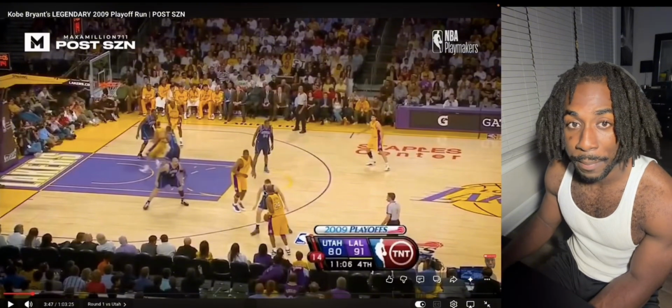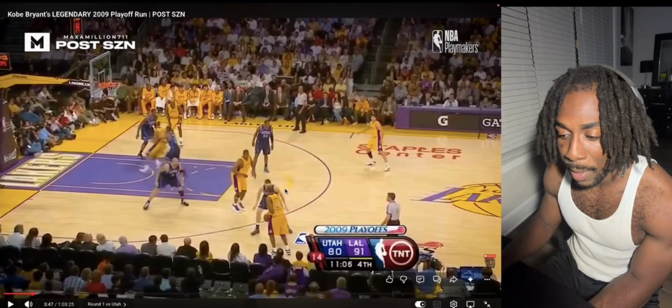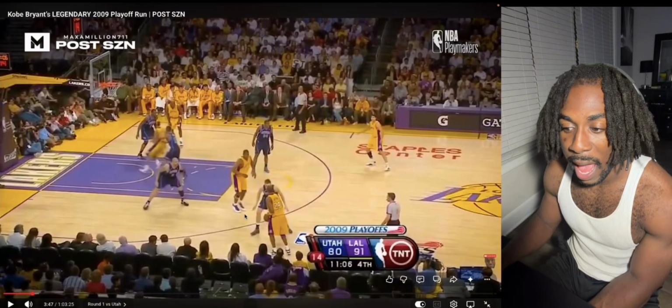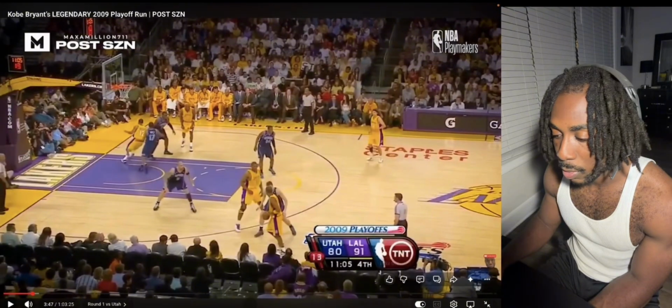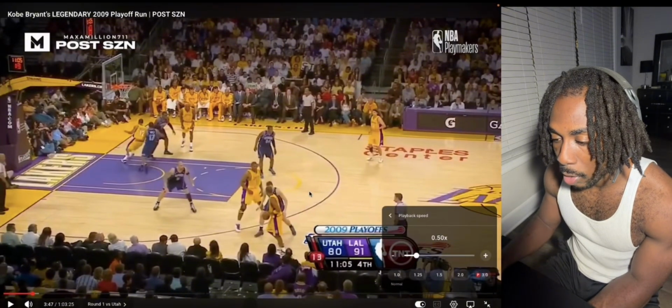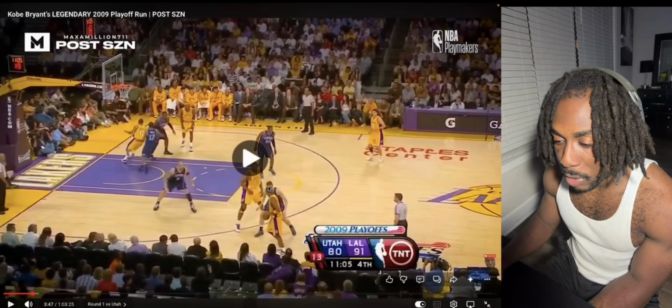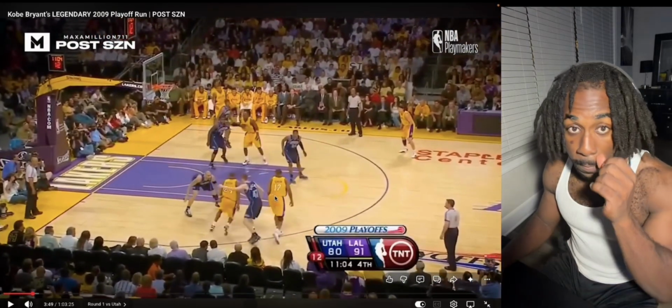So guess what, big man? Instead of setting that screen middle, making Kobe use his right hand to attack middle, no, you flip the screen and have him attack baseline. Now you're taking Kirilenko out of the play, because guess what? Actually, we're going to slow this down just a little bit. Boom. By flipping the screen, Kirilenko's out of the play now.